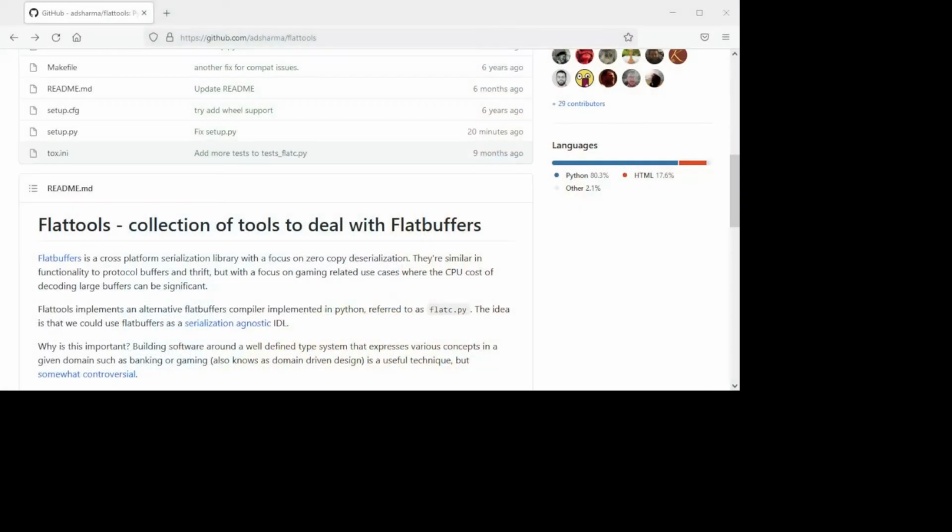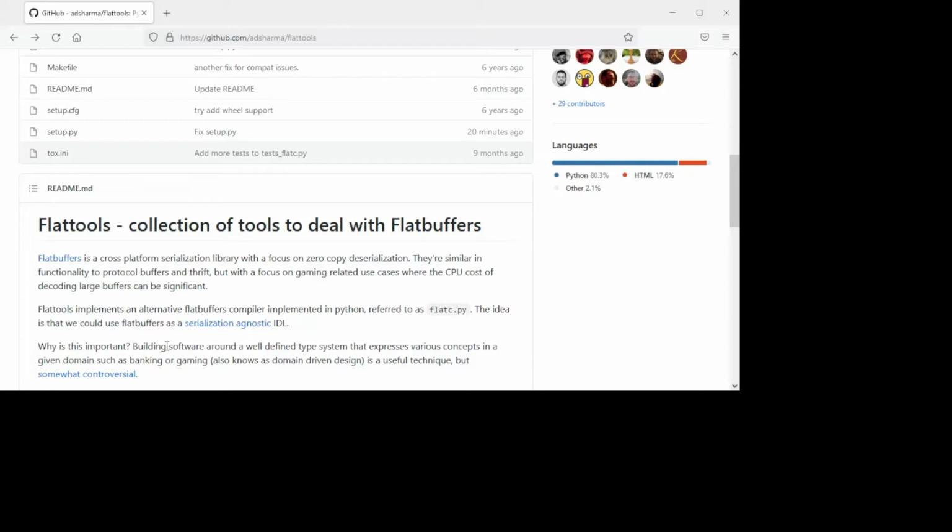Let's see. I want to pick a code generator that I wrote a few years ago. It's called FlatC. The name comes from the interface definition file language called Flatbuffers. Flatbuffers is a project from Google. It's for transporting bytes across the network in a backward compatible way, typically used by gamers.